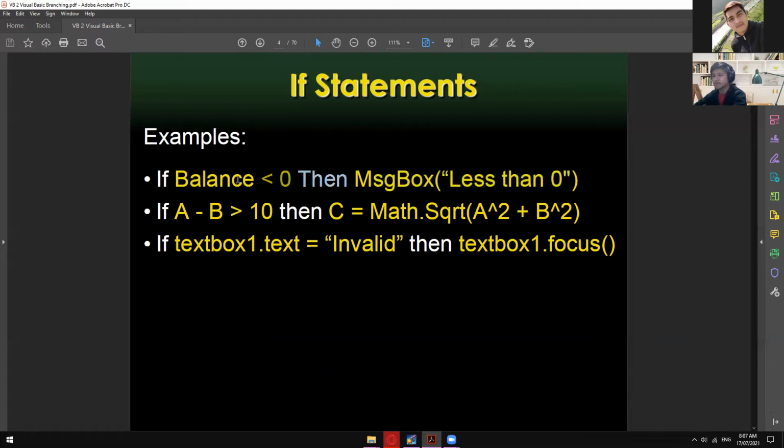Just learn the concept. So in here, if this is true, this will be executed. If this is false, then nothing will happen. Okay, so another example, if this is true, this will be executed. And then if this is false, then nothing will happen. Okay, and if this is true, this will be executed. And if this is false, then nothing will happen. As simple as that. Okay, so later on, we're going to have a real example for you guys to appreciate